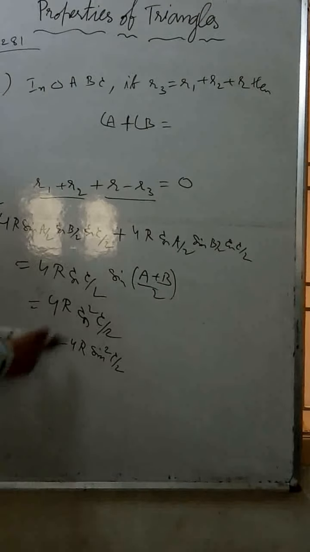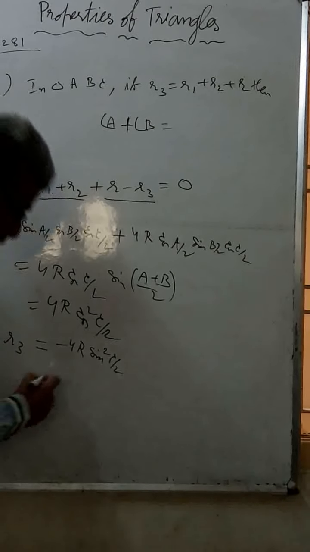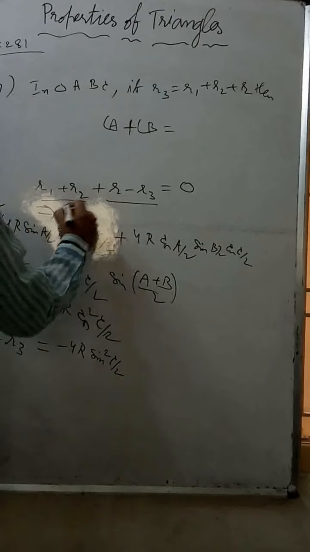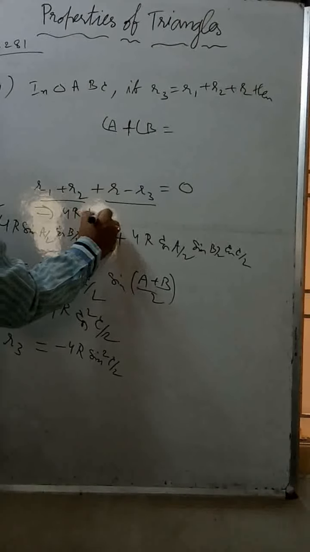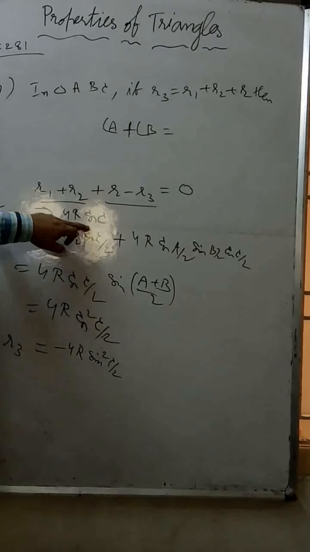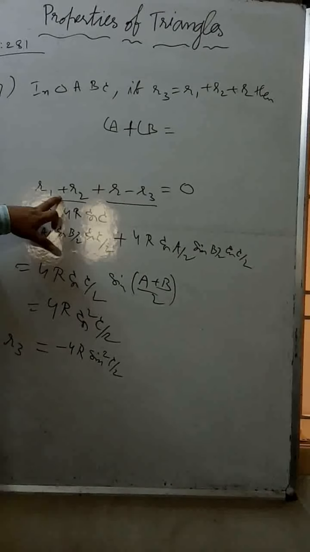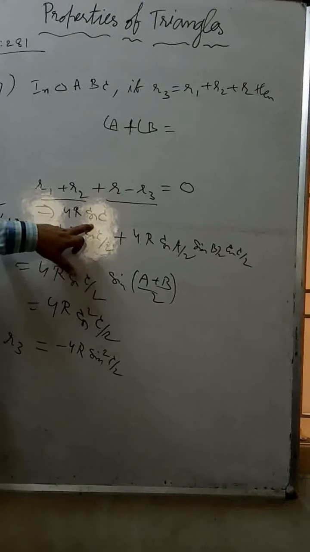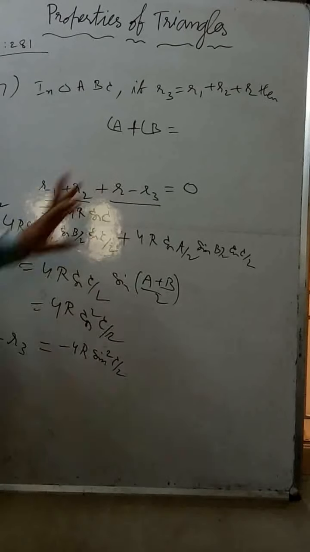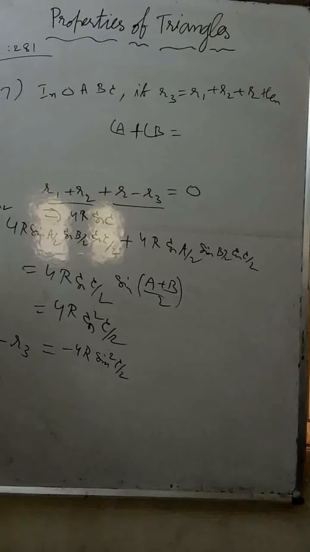Finally if I add these two, this value is this plus this: 4R into cos square C by 2 minus sin square C by 2. By the cos 2 theta formula, it becomes cos C. So this whole value is always 4R cos C. If it is minus R3, it is 4R cos C. If it is minus R1, 4R cos A, minus R2, 4R cos B, only minus to R, then that is 4R. That is all we discussed. That's why I want to re-explain this.